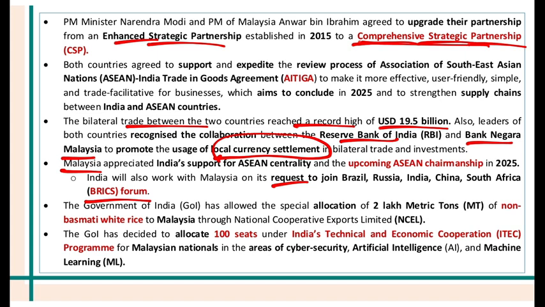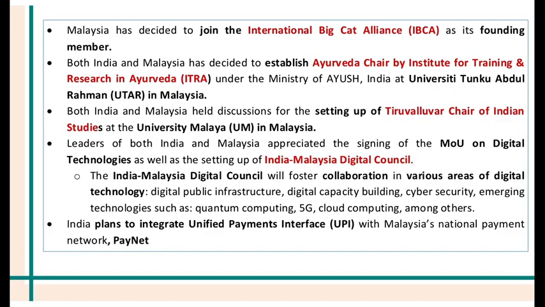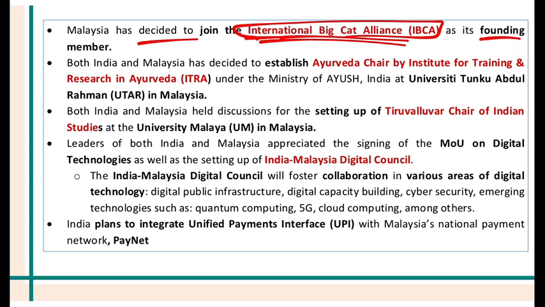Government of India has allowed a special allocation of 2 lakh metric tons of non-basmati white rice to Malaysia. And of course, we are allocating 100 seats under India's Technical and Economic Cooperation Program for Malaysian nationals in the areas that I mentioned. Malaysia has also decided to join the International Big Cat Alliance as its founding member. International Big Cat Alliance was formed to basically protect the leopards, tigers, lions, and all these. And both India and